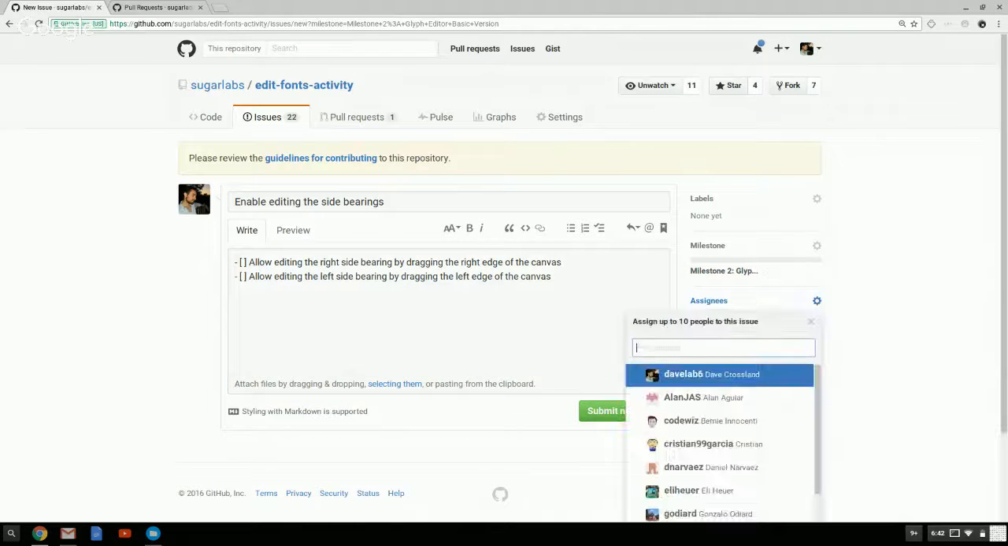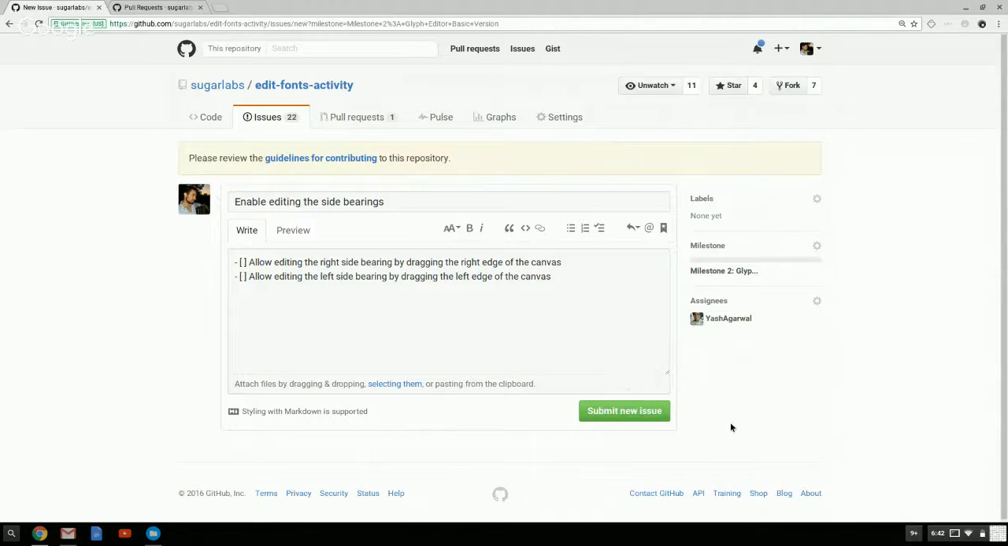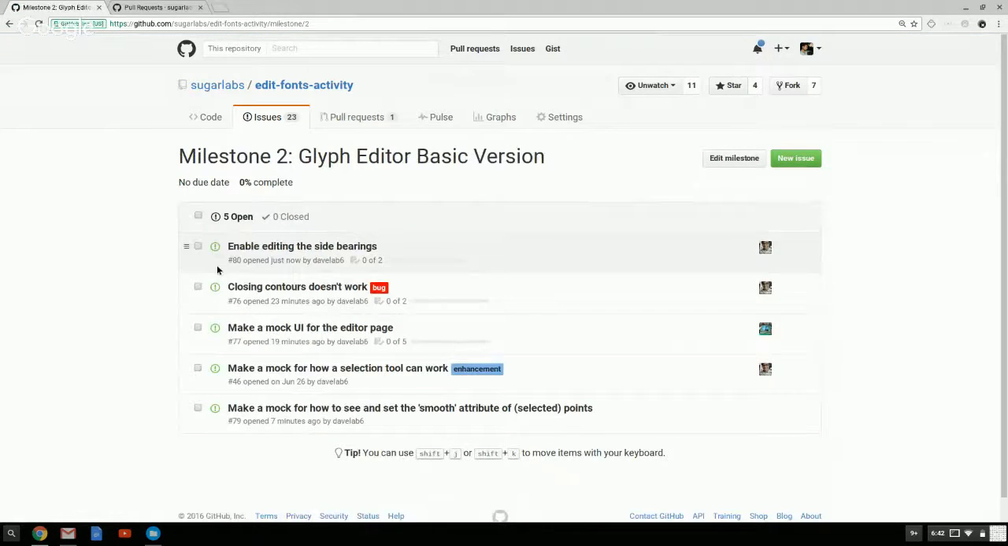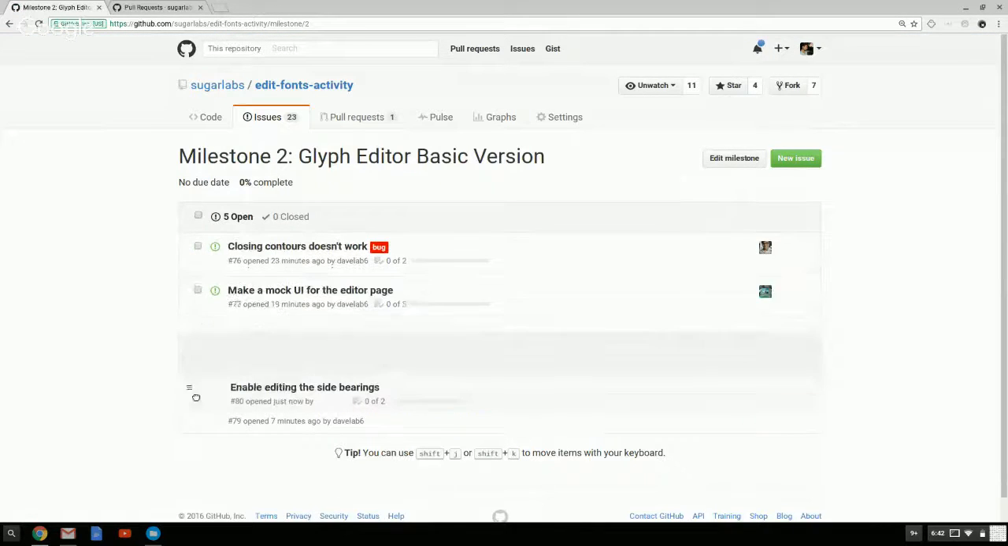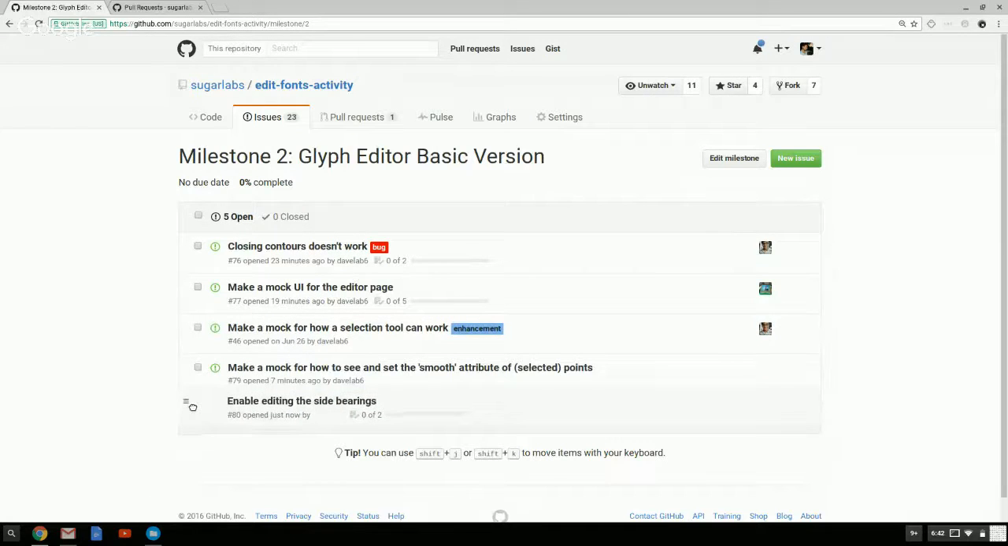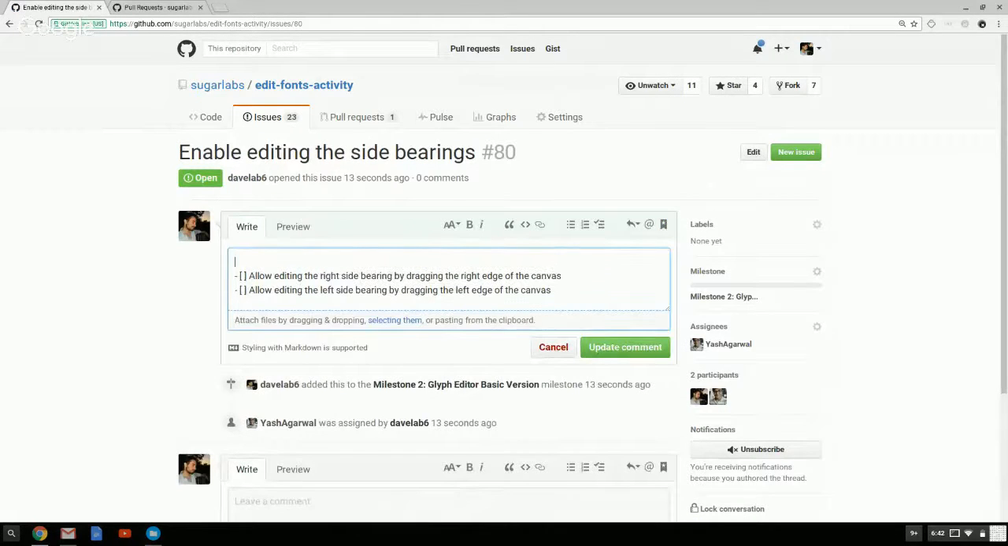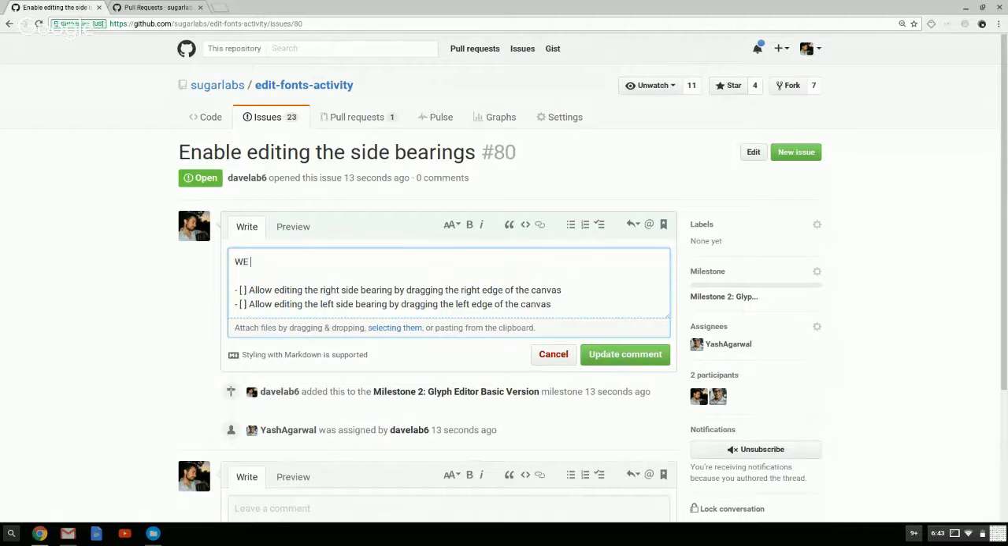No. I think a better way to implement this would be to make a bigger drawing area, and to make two vertical lines on either side of the glyph. So moving those lines will change your side bearing. Yeah. It's much more straightforward to implement this. Okay, so we need